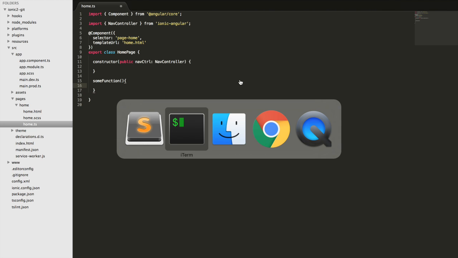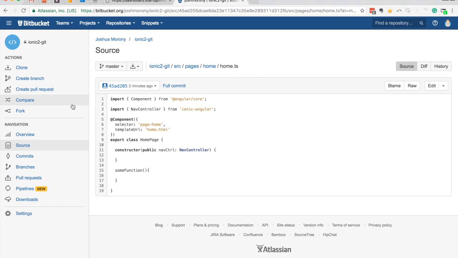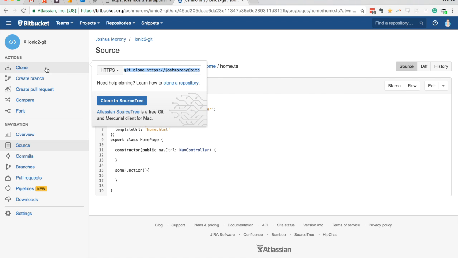So let's jump into BitBucket here. And what we're going to do is clone this. So if you click on this clone section here, it'll give you a URL and a command here that says git clone. So we can grab a remote repository and download it by running git clone and then supplying the link, the URL to that repository. So if we run this command,